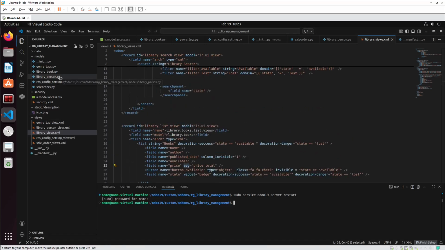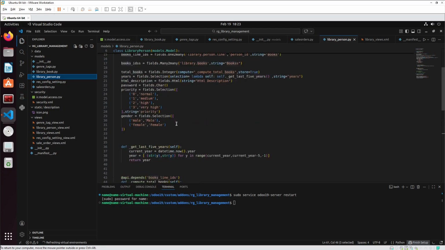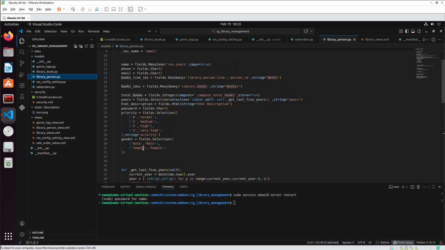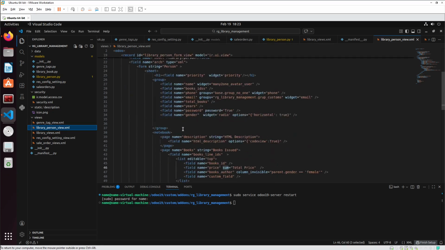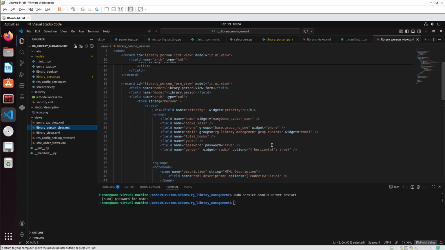For that, let's go to the person's view. Here in the person view, I'll simply add a field. You can add anything, fields.Char, and I will simply add string as Website. You can add any name, and keep the data type as Char, since a website is mostly a character, right? Now I'll add this in the view as well. In the form view, after gender, I will simply add